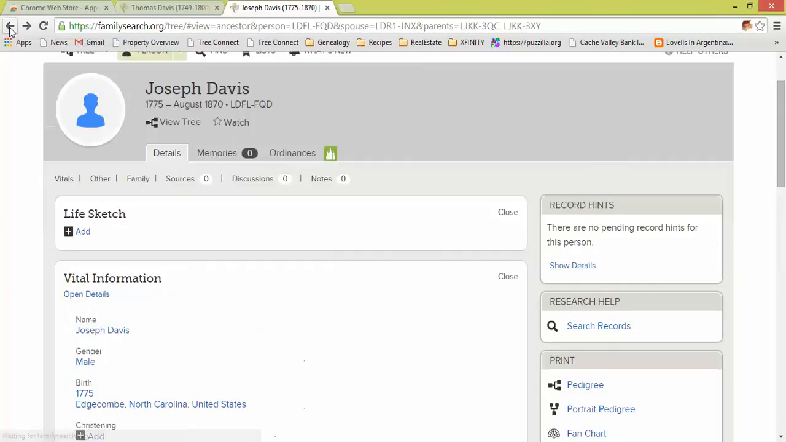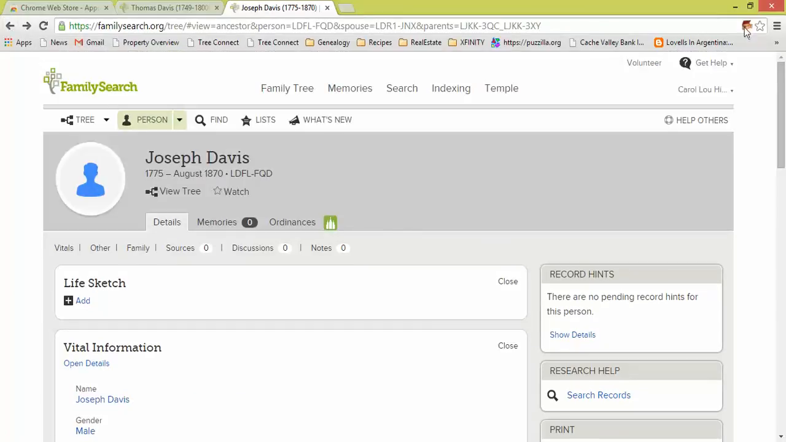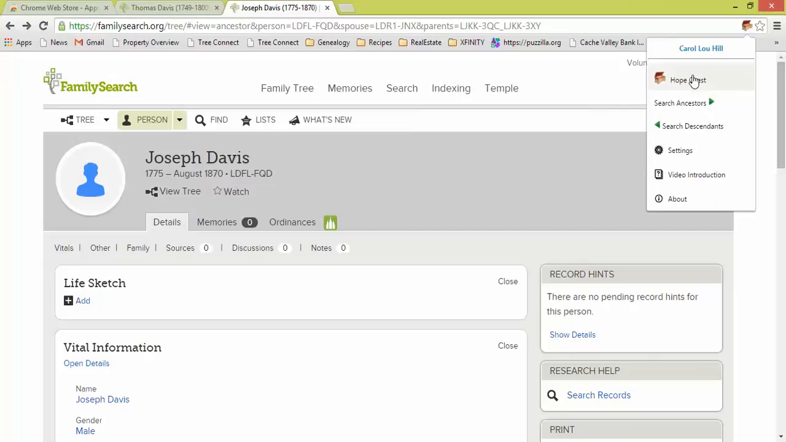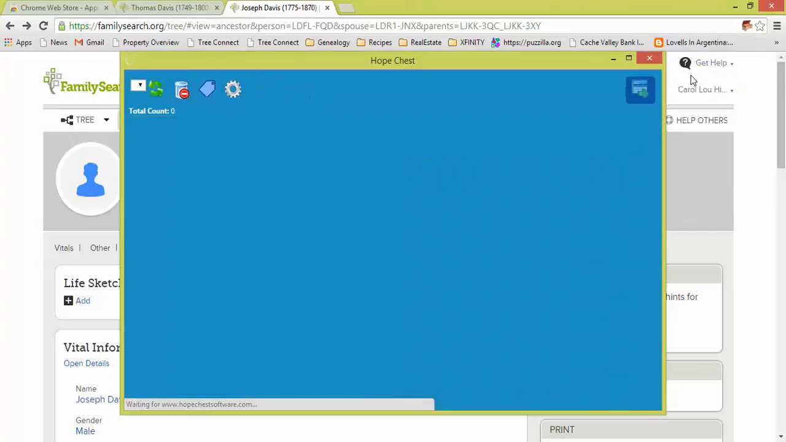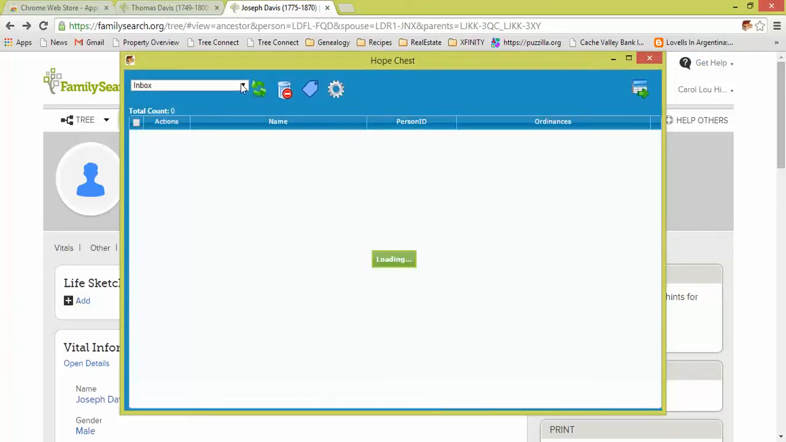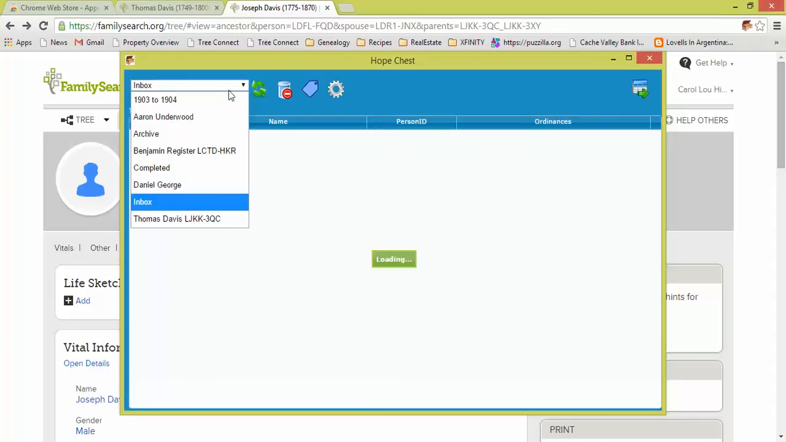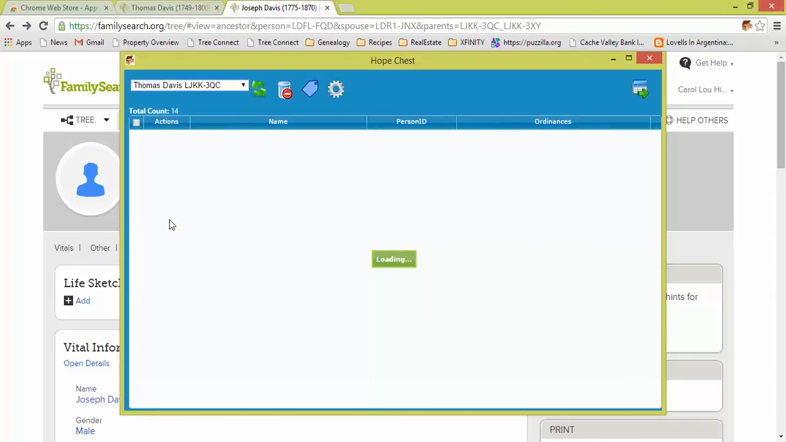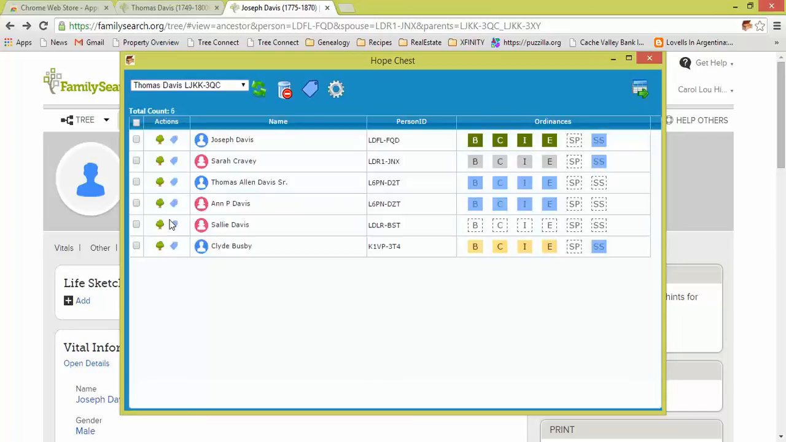So I can go back to that Pandora's Hopechest anytime. I just click up there and click on the Hopechest, and I can go back to it. And I wanted to show you, it always just comes up with the inbox. Let me show you this Thomas Davis. Show you something else you can do with this. This is also on the introduction video. When you sign up for Chrome, you can watch that. So let's say that